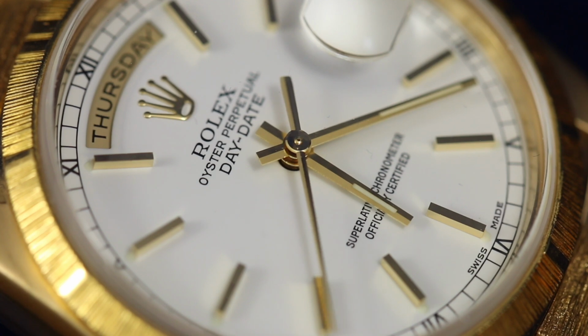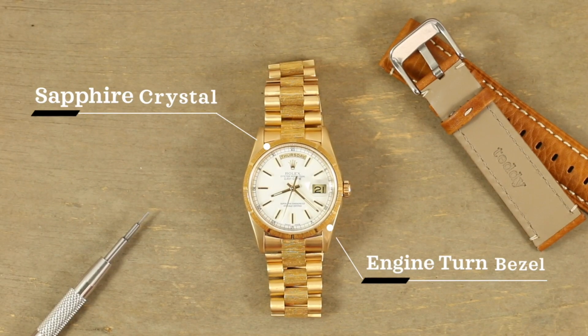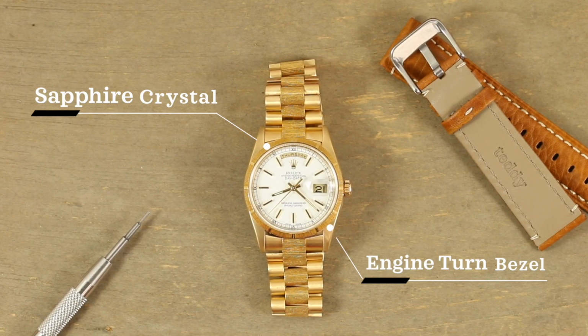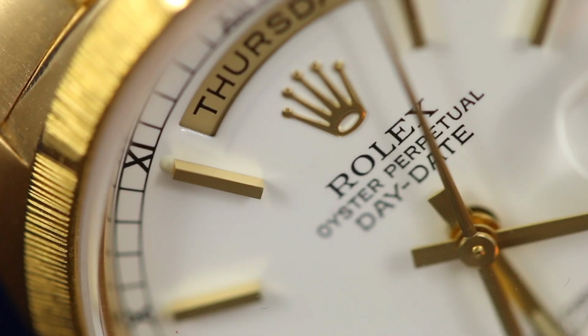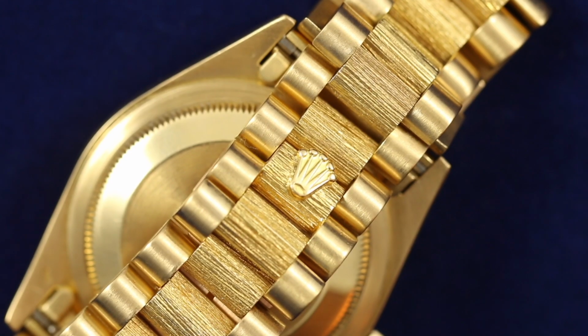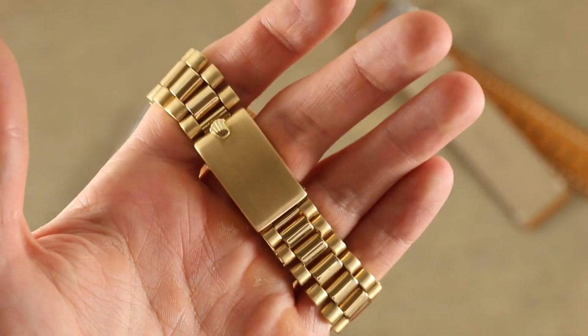And you can see a lot of influence from modern day dates from this design. It features a sapphire crystal, a white dial with Roman numeral markings to match the applied indices on the outermost part of the dial, and has an engine turn bezel on this one instead of the fluted that comes on the 1803. This is clearly the more outgoing reference of the duo, much of which can be attributed to the bark center link of the President bracelet that really demonstrates the stark contrast between this and the 1803's polished bracelet,